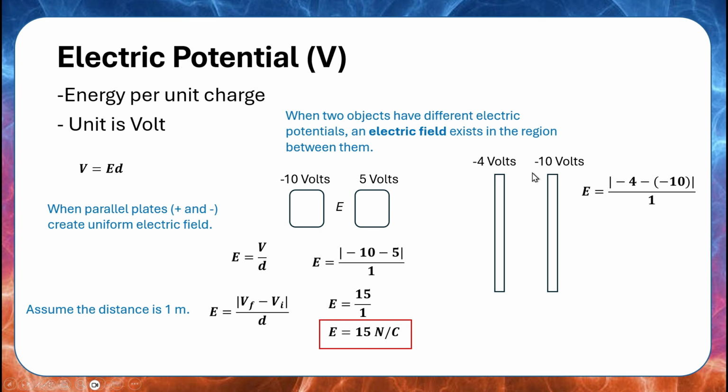Since the initial is -10, don't change the minus yet. Minus, and then put the -10. Unless you're already certain that you can combine the minus and the negative. In mathematics, the minus and the negative becomes positive, so they will now be added. So -4 plus +10 gives us +6, and over 1. So the electric field created in between these two plates is +6 Newton per coulomb. And that's it for chapter